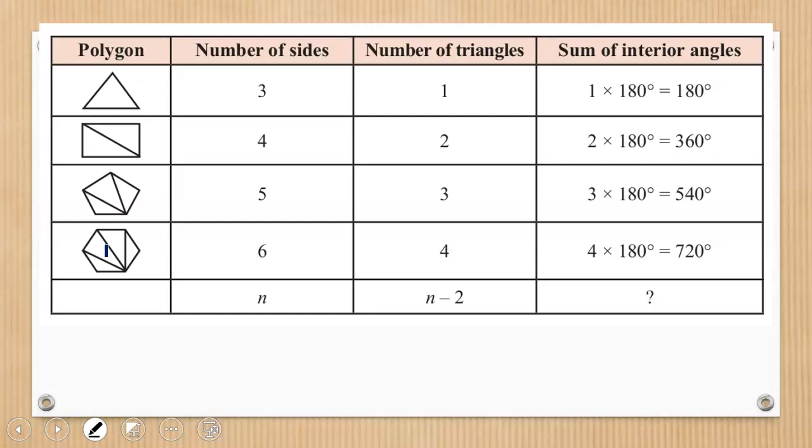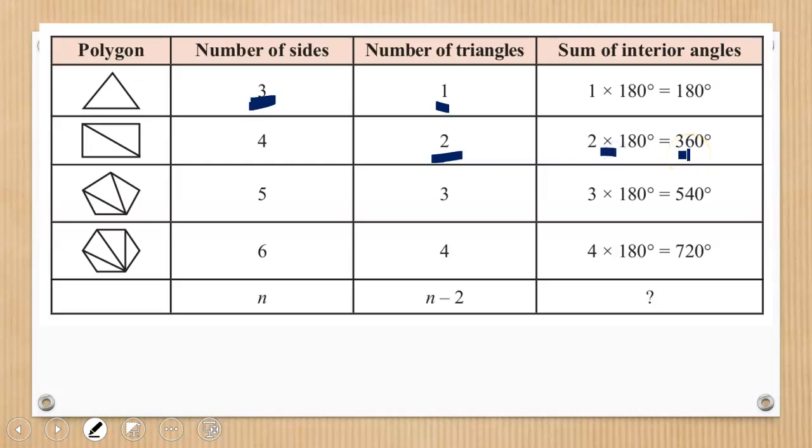If we have a triangle, the number of sides we know is 3. The number of triangles is 1. Now, 1 times 180, that is the interior angles of the triangle, we know is 180. So we get 180. If we have a quadrilateral, that is a 4-sided figure, we can create 2 triangles within a quadrilateral. And that's what we have here. So if each of them has interior angles of 180, we are going to get 2 times 180